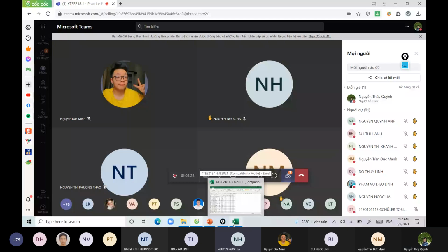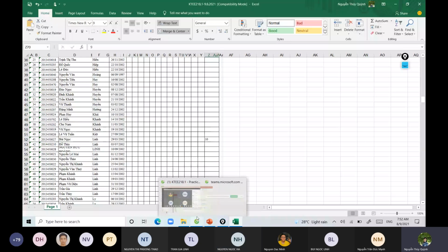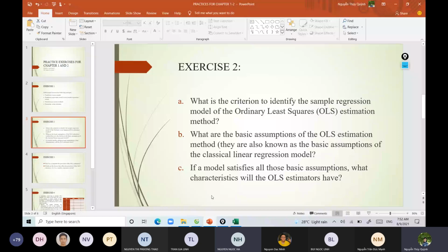So, here's my answer. The criterion to identify the sample, the first one. So the first criterion is that it passes through the mean of x and mean of y. Okay, wait a minute. That is a property of the sample regression line, drawn by the